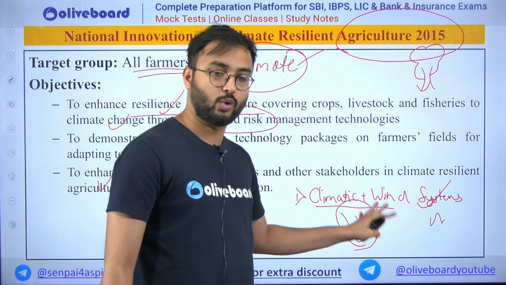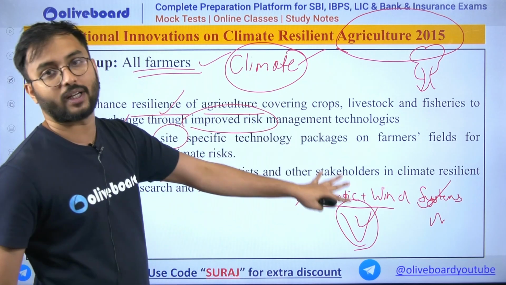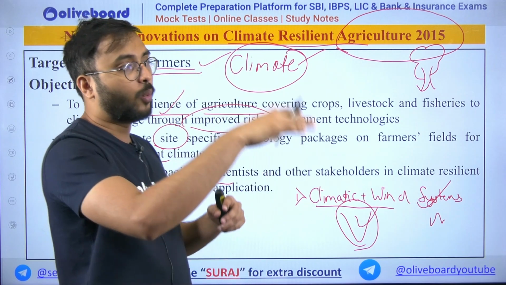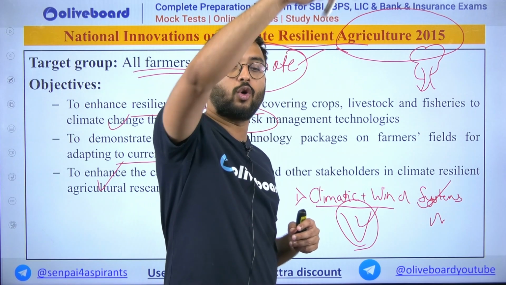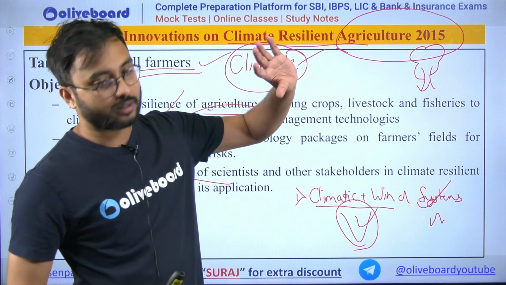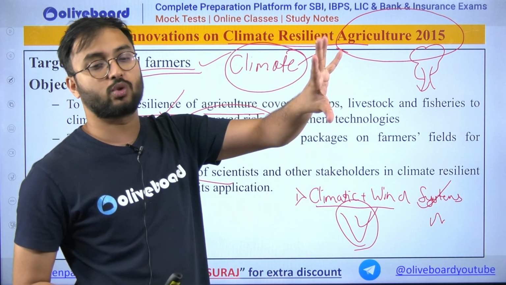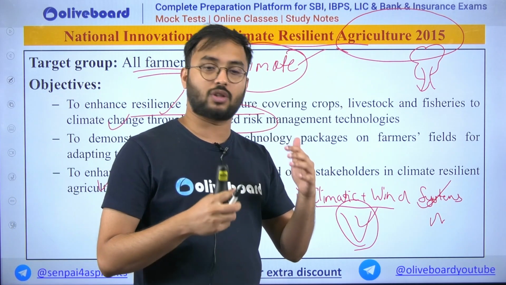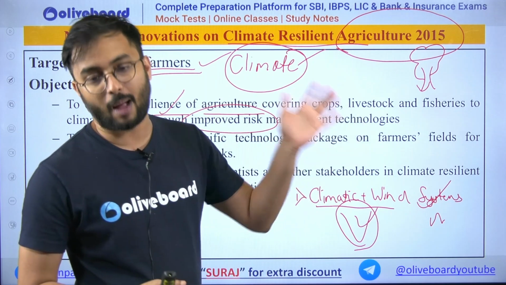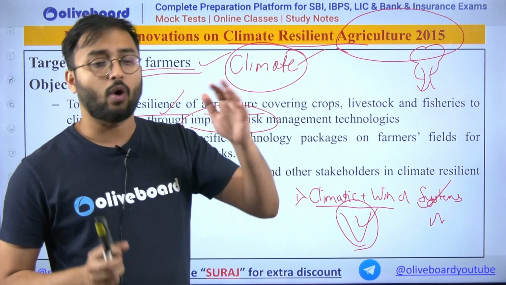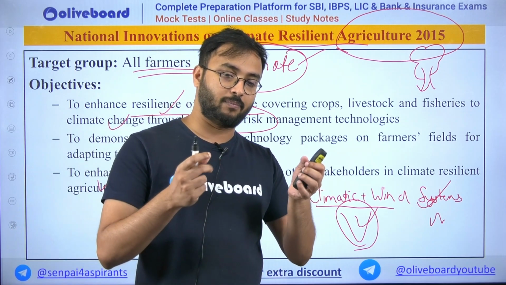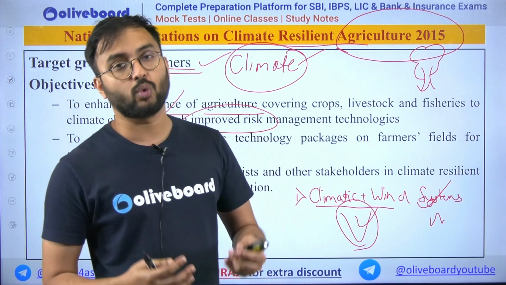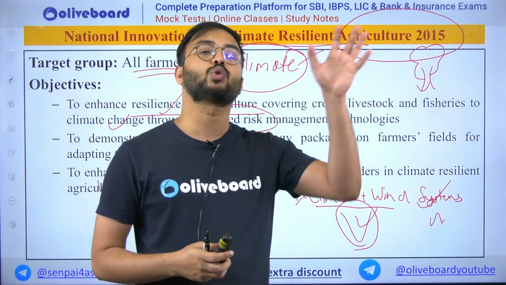In this way, you can understand how climate change affects your agriculture, and that is why we need climate resilient agriculture. That means however the climate is changing from one particular type to another. Year after year this climate change is of course unprecedented. It's going to happen only year after year. Of course we can do some climate specific activities. Of course we can try to reduce the problems which are associated with climate.